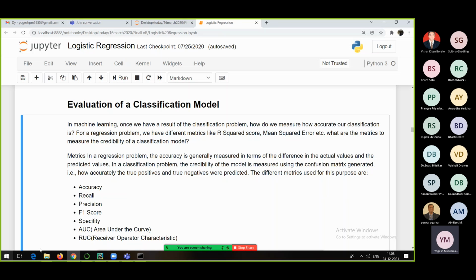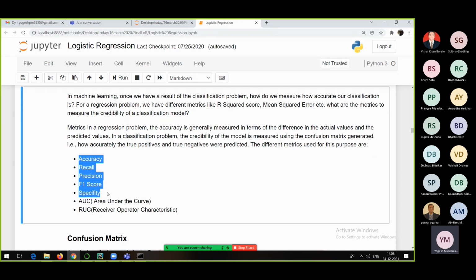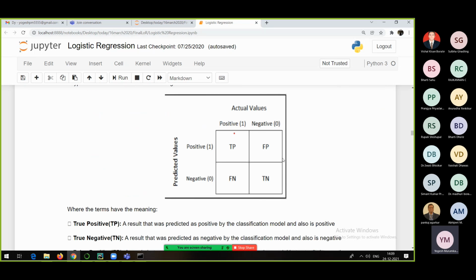I will show you an example of a project where we used more than one algorithm. Let's say 2 to 3 algorithms we used, and from those algorithms, whichever algorithm has the highest ROC score, that algorithm's model is going to be finalized. That's how we actually use it. So to find out all these things, we need something called a confusion matrix, and this is what we try to discuss. And talking about the threshold value, how the threshold value can be decided, that also we will try to see with the example.